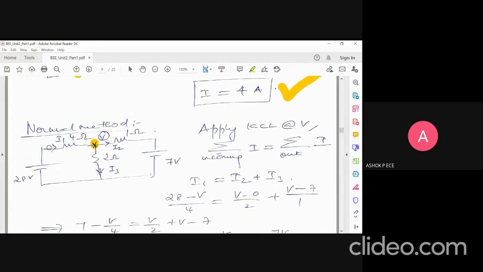If you are doing it by nodal, the diagram is on the board. I have even marked the directions of currents I1, I2, and I3. So you can use the same directions so that we can cross-check the answers. If you are going by mesh analysis, then you have to assume the loop currents I1 and I2 in the proper way, and then do it. Only one node is there where 3 branches meet. So apply nodal analysis at node V. See how many currents are coming in and how many are going out. Sir, V is equal to 8 volts.